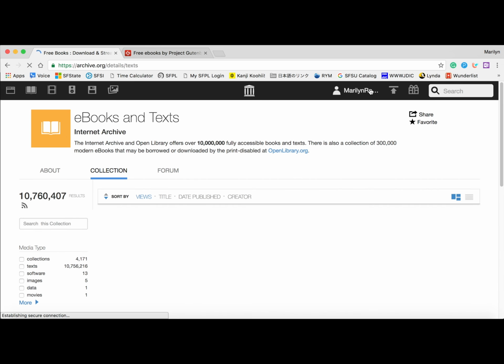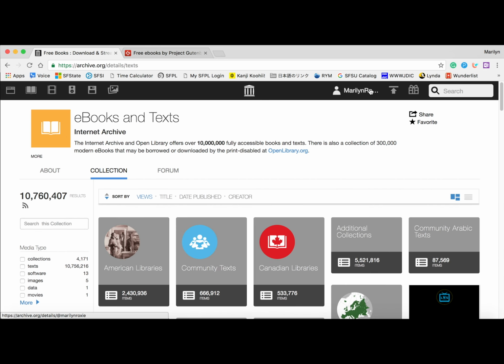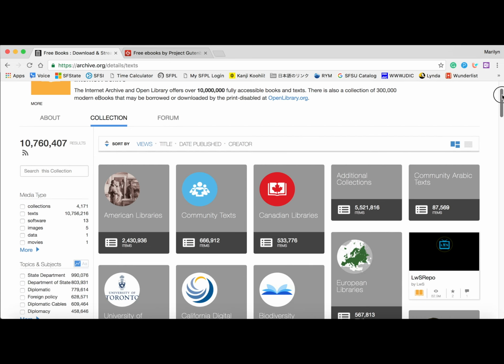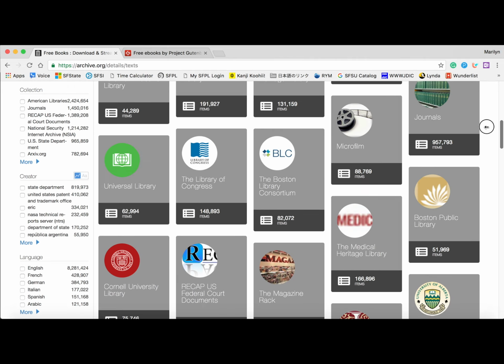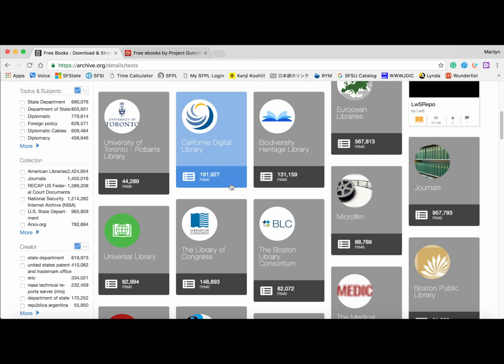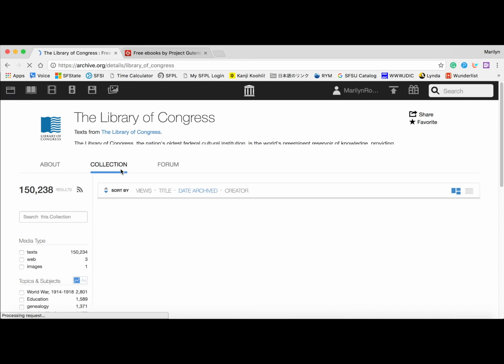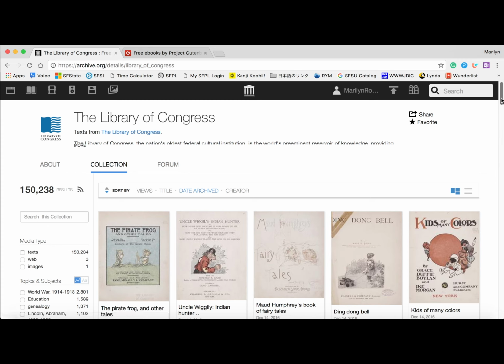They have a large collection of books. Many of these books are in the public domain, and these tend to be a little bit better labeled than the movies, much better labeled than the images. For example, you can go to Library of Congress collection. You can search this collection or all collections generally as well. And when you click on one of these,